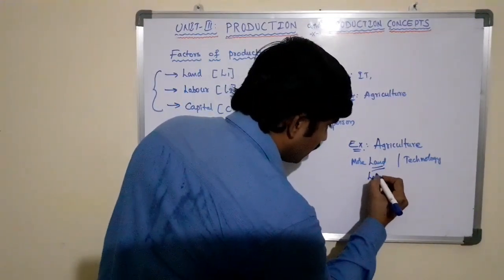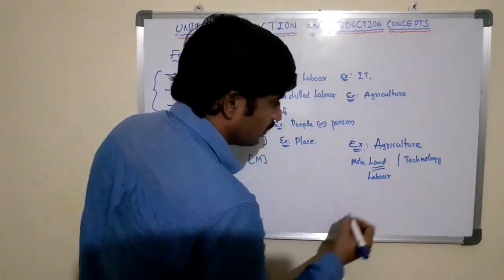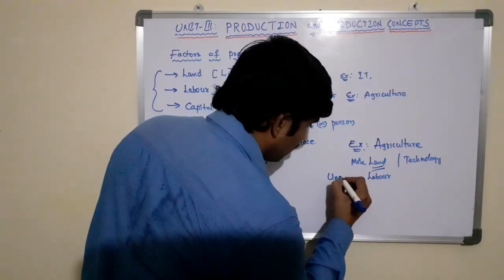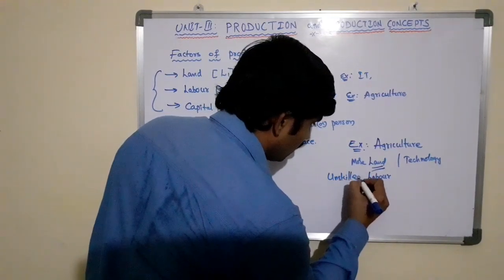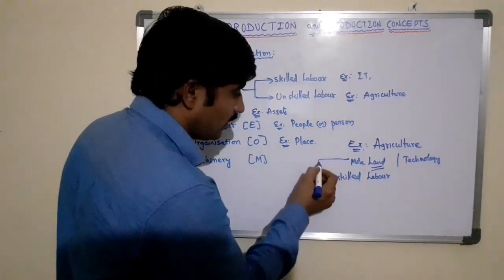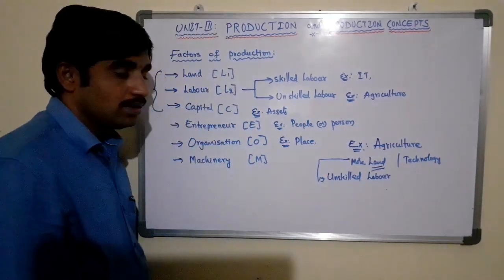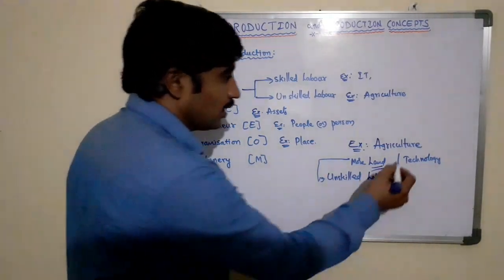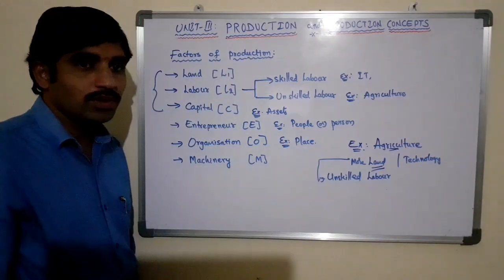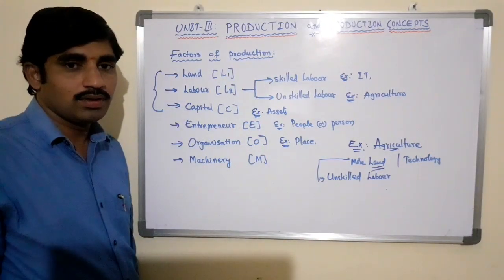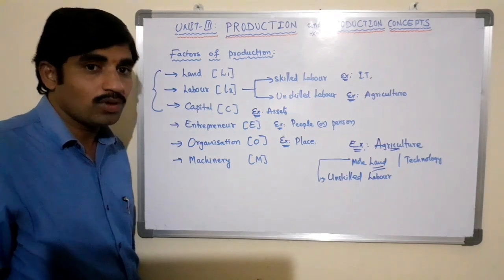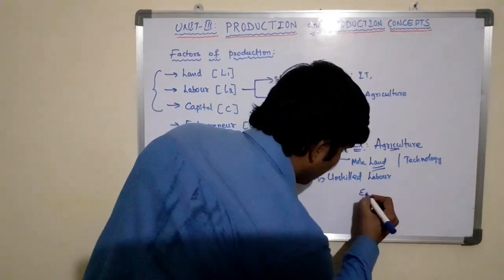After land, we require labor. Which labor? Unskilled labor. So land and unskilled labor play a significant role in agriculture in order to produce maximum output. But in the case of the IT sector,